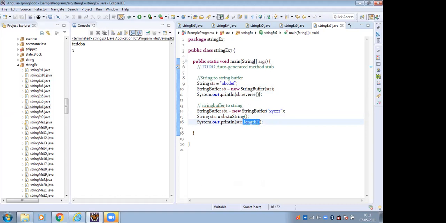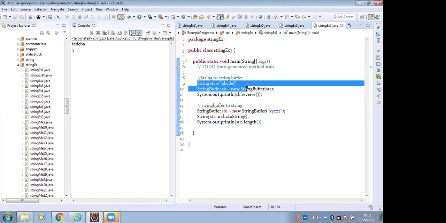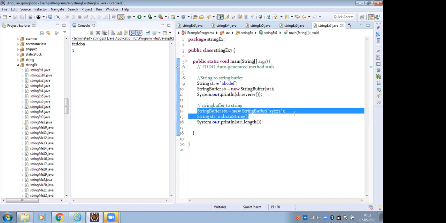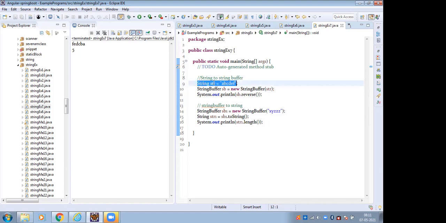So here I create the string object, convert it to a string buffer object, use the string buffer predefined method, then convert back to a string object and use the string predefined methods. This is the way we convert a string object into a string buffer object and a string buffer object into a string object.